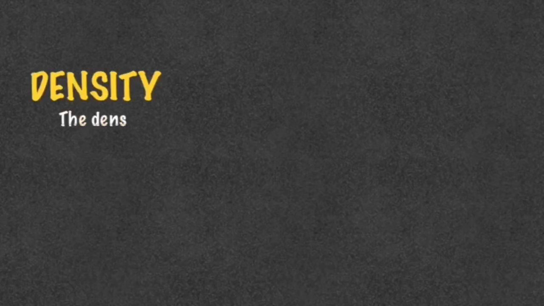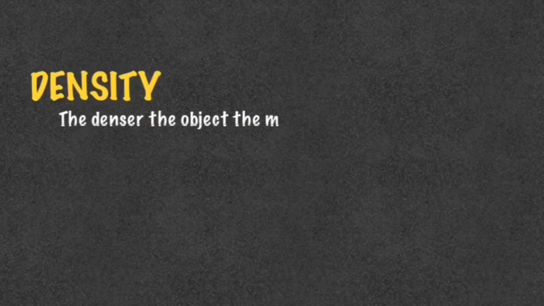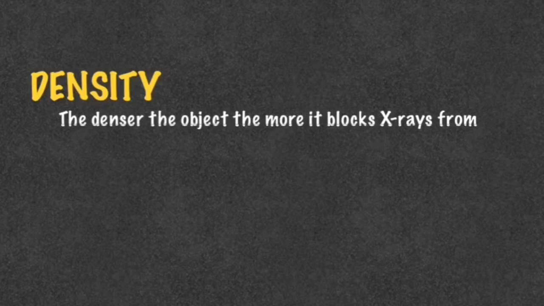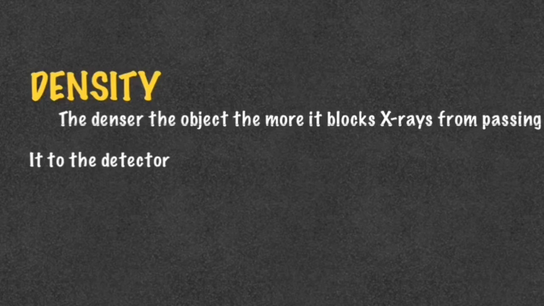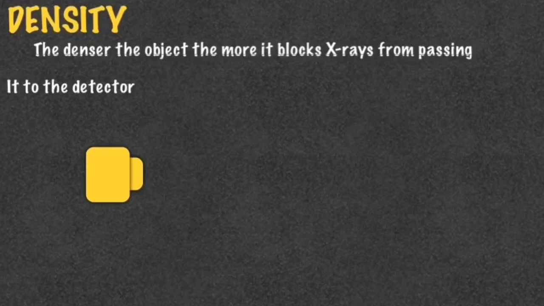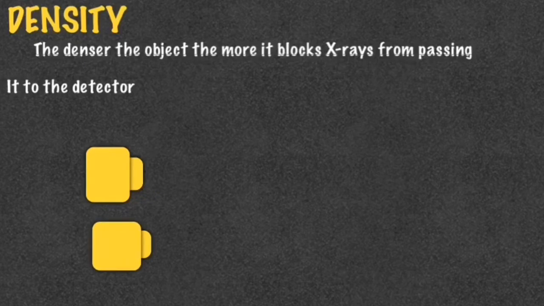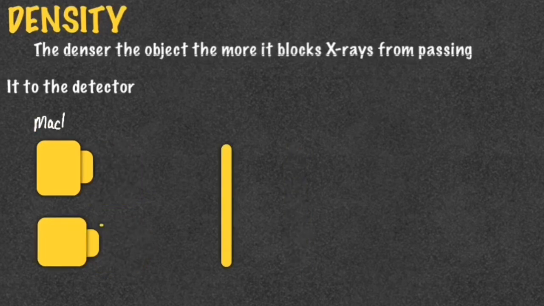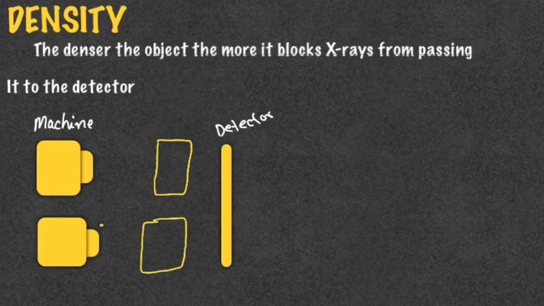Now, the denser objects like metal and bones will be bright on the X-ray film. So the denser the object, the more it blocks the X-rays from passing to the detector. So it means the denser object blocks the X-rays. So here we have two examples. Again, the X-ray machine and the detector. Now we put here example A, which is not so dense, and here is example B, which is very